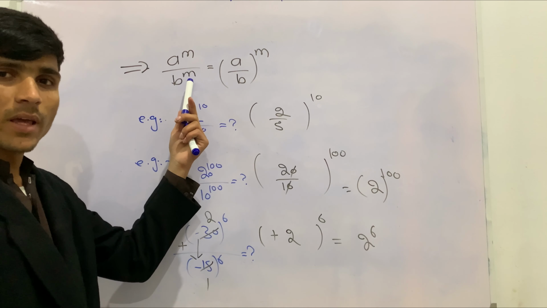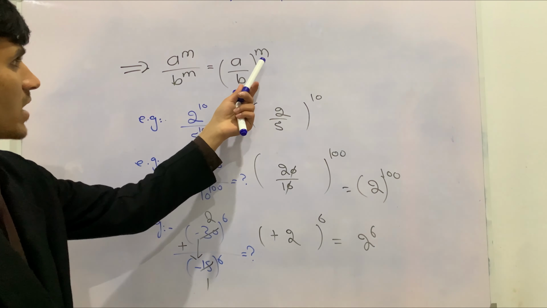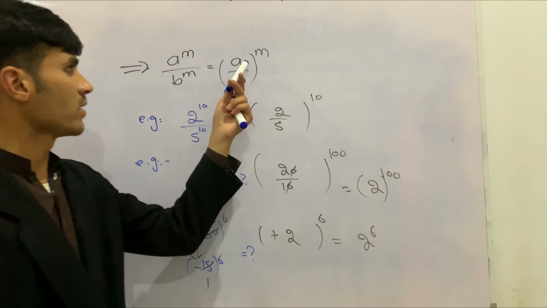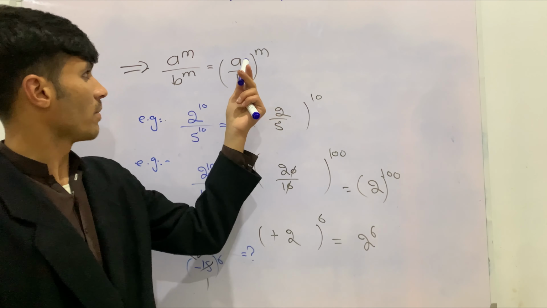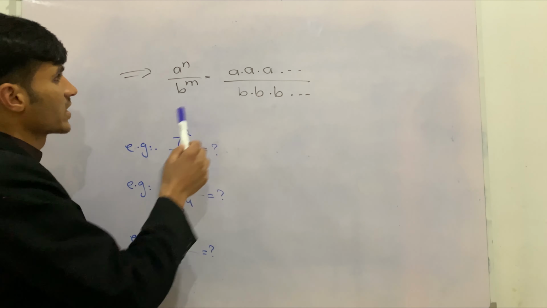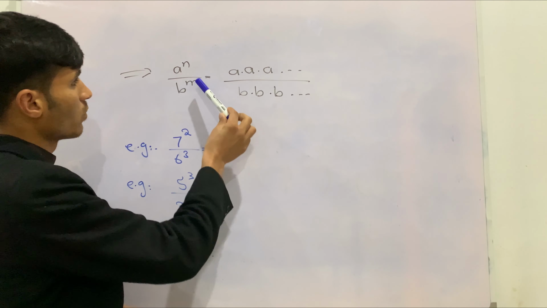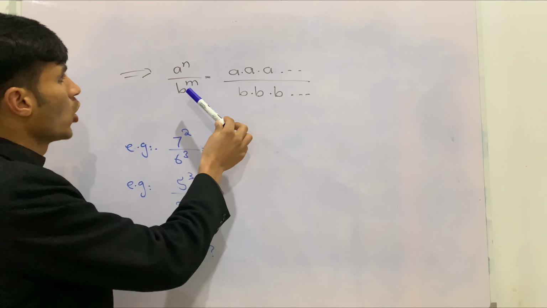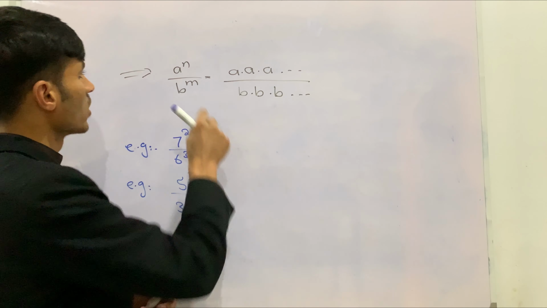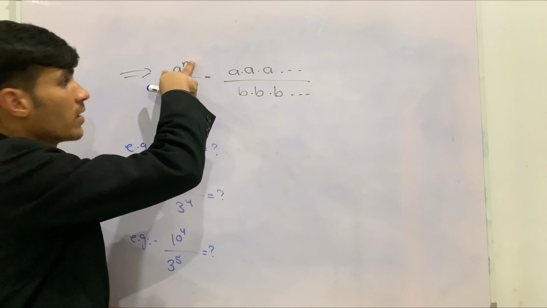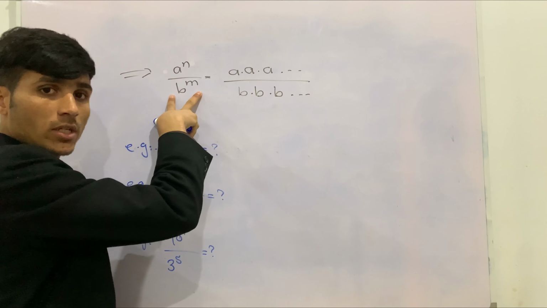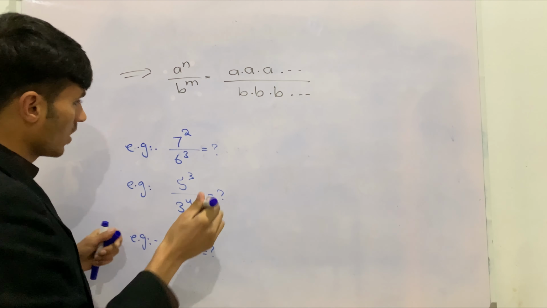If we have expressions having the same exponent but not the same bases, when dividing, we have to divide the bases with bases and keep the same exponent. So look at the next law, okay? If in division we were given expressions whose bases are not the same and neither are their exponents, what we have to do is simplify the numerator and then divide it by the simplified denominator, okay? For example, here,